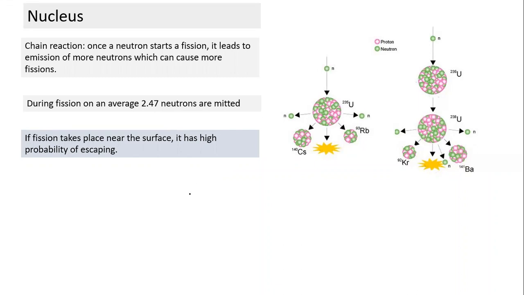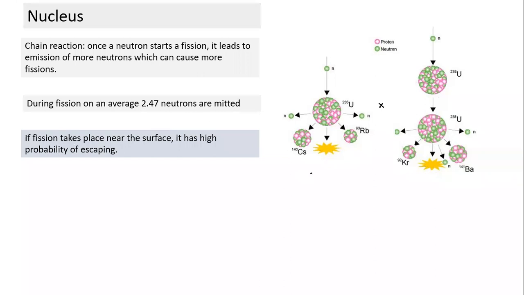Sir, in the left side reaction, we don't consider the neutron which is coming and bombarding? We started with one. If one set of reaction has taken place, one has led to how many? See, we don't have to remember any of the reactions. All we understand here is that absorption of one neutron leads to emission of 2.5 neutrons. Is that simple enough? Then we see what happens to those 2.5. If they get absorbed, the reaction will progress in the form of a geometric progression, a runaway reaction. Let's see what will happen, but it may not happen.